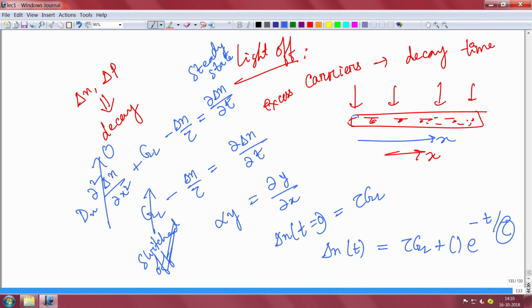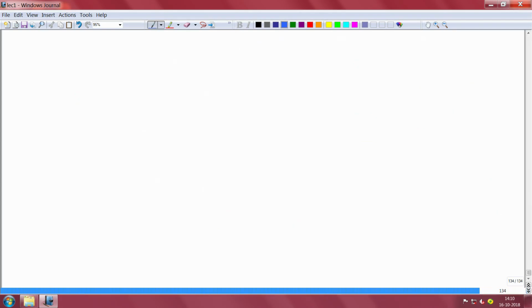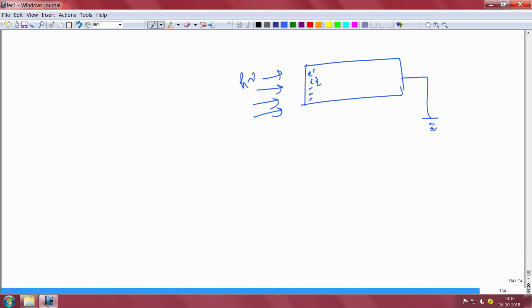This was just a block of semiconductor without any bias, very thin, exposed to light completely. Similar exercises can also be done in other cases. For example, if you have a semiconductor with this side put to ground and your light is shining only at this side, electron-hole pairs are generated here in very large quantity, but within a few nanometers the light will be all absorbed. Light will not penetrate deeper, and then the excess carriers generated here will essentially decay.